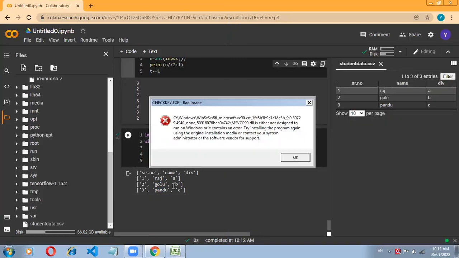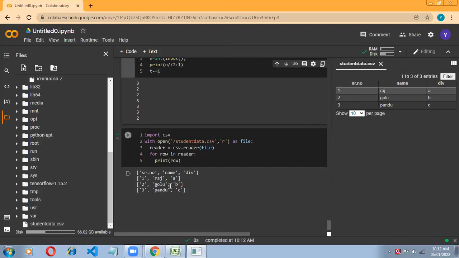If you make changes in your Excel file, sorry, CSV file, it will not be reflected here. Why? Because we are totally refreshing all data by using that operation. Your whole data will be updated once again. We are using only two operations, one for writing and one for reading. In read mode we are just reading the content. Suppose our file has 10 students' data, only that data will be displayed. But in write mode, the whole data is automatically replaced.